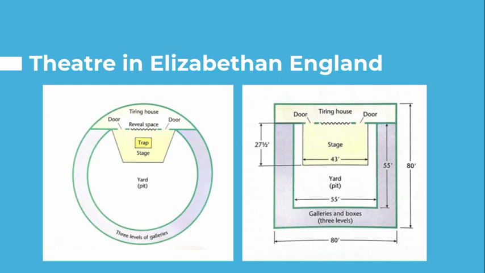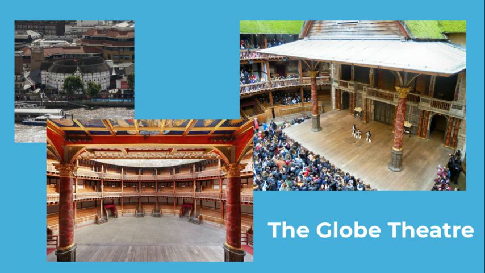It could be in an indoor theater. It could be in a royal palace. If it was a company on tour, it could be the courtyard of an inn. But by the time Shakespeare started writing and having his plays produced, the spaces generally looked more like this. Audience members in Shakespeare's day paid a penny to stand in the uncovered yard of a playhouse or 2 pennies for a balcony seat.